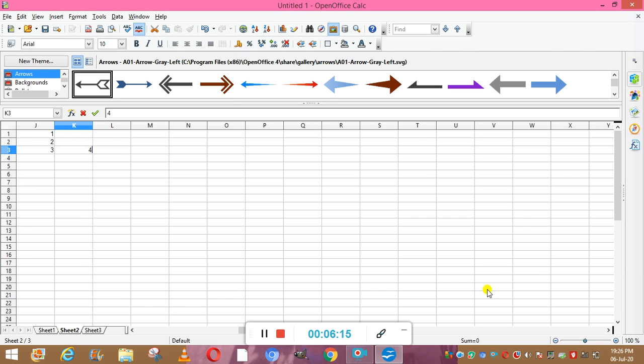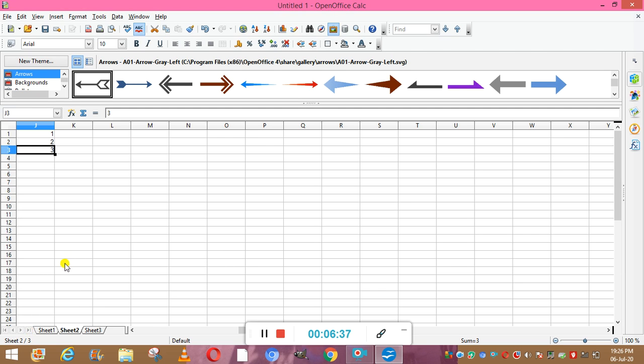The sheet is not so big, that's why the buttons are not visible to us. Otherwise, this is move first, then next is move one sheet left, the next button is move one sheet right, and the last button is move to last.